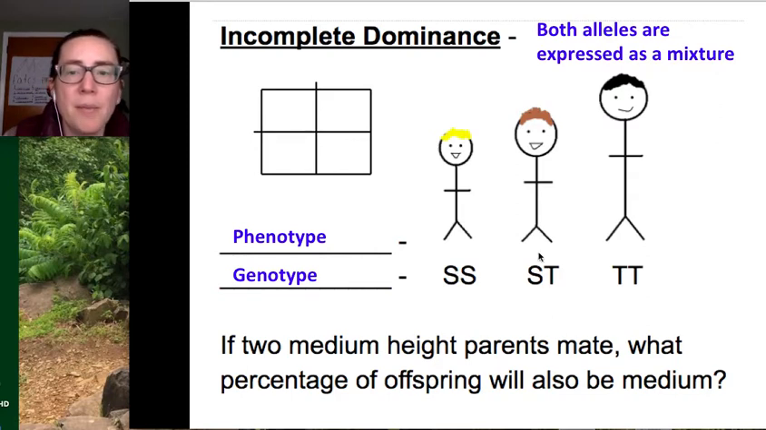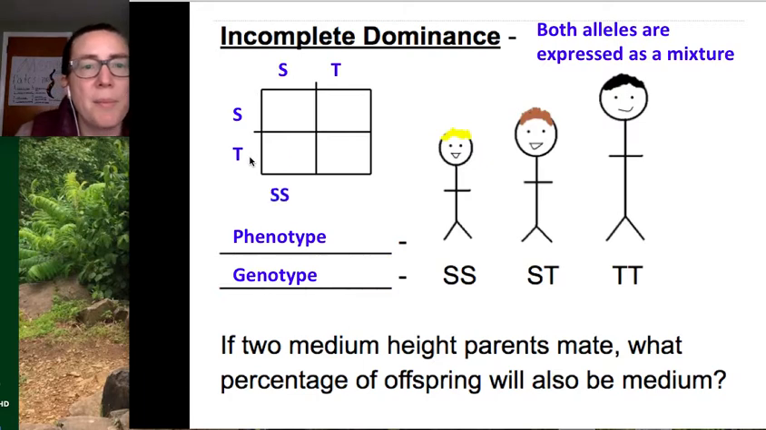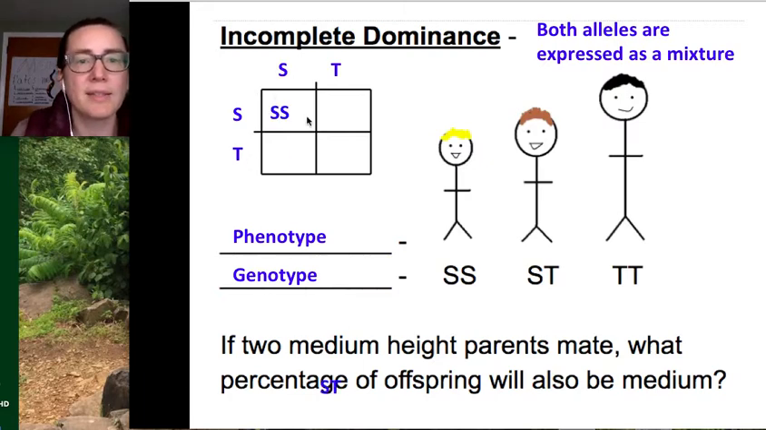Well, if they're medium, I see it right here, it's going to be that mix, so therefore they have to have one of each of the alleles. So I'm going to put one of those short parents at the top. I'm going to put the second short parent off to the side. Then I'm going to fill in my box. So SS, ST or TS,